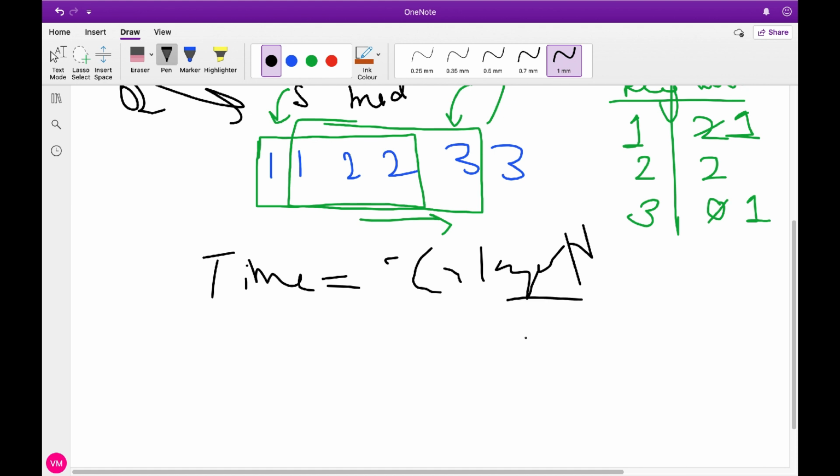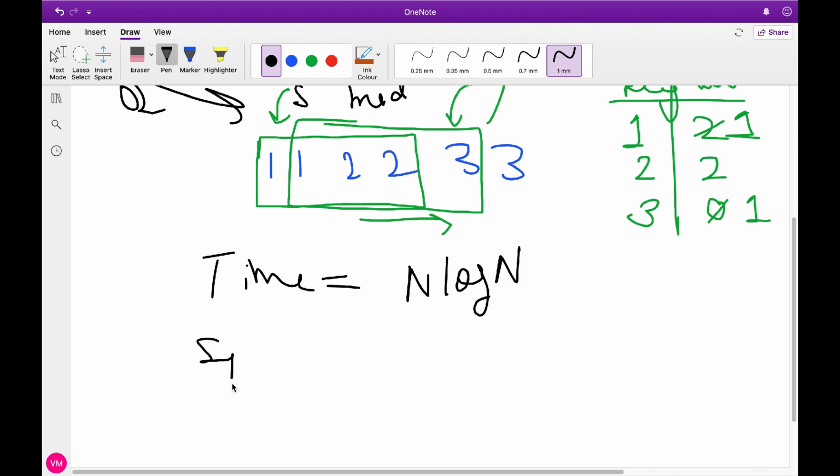Log n is due to binary search, and n is because for every mid we make a window and do the same thing, that is finding a substring of length mid size. So our time complexity is n log n, or we can say s dot length log s dot length.